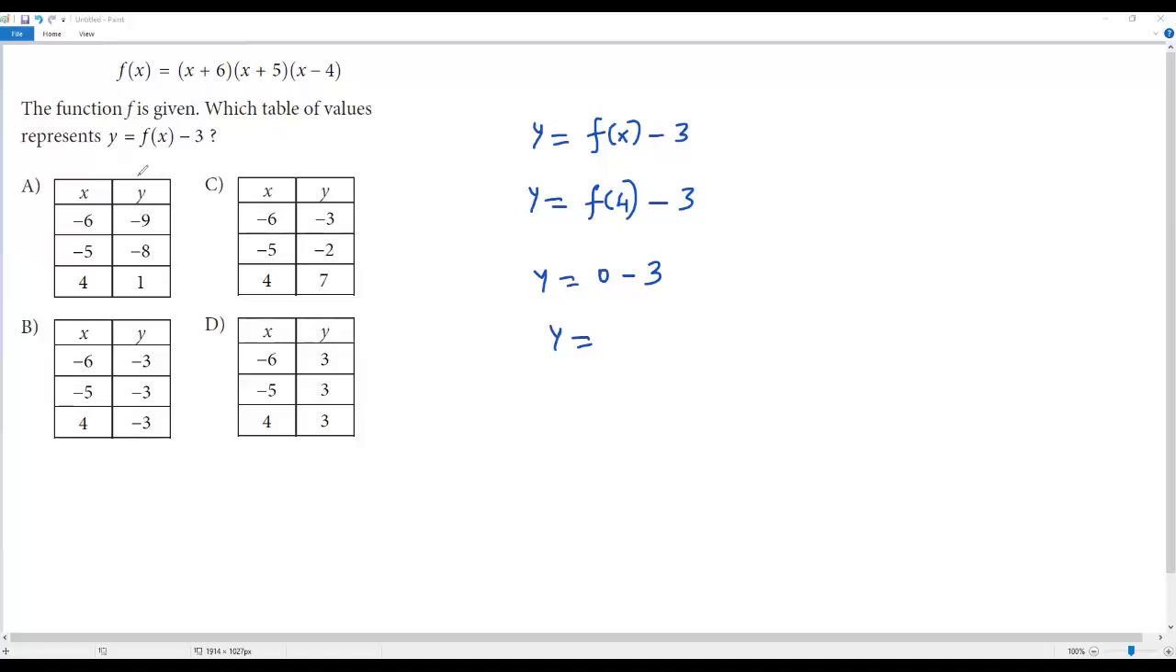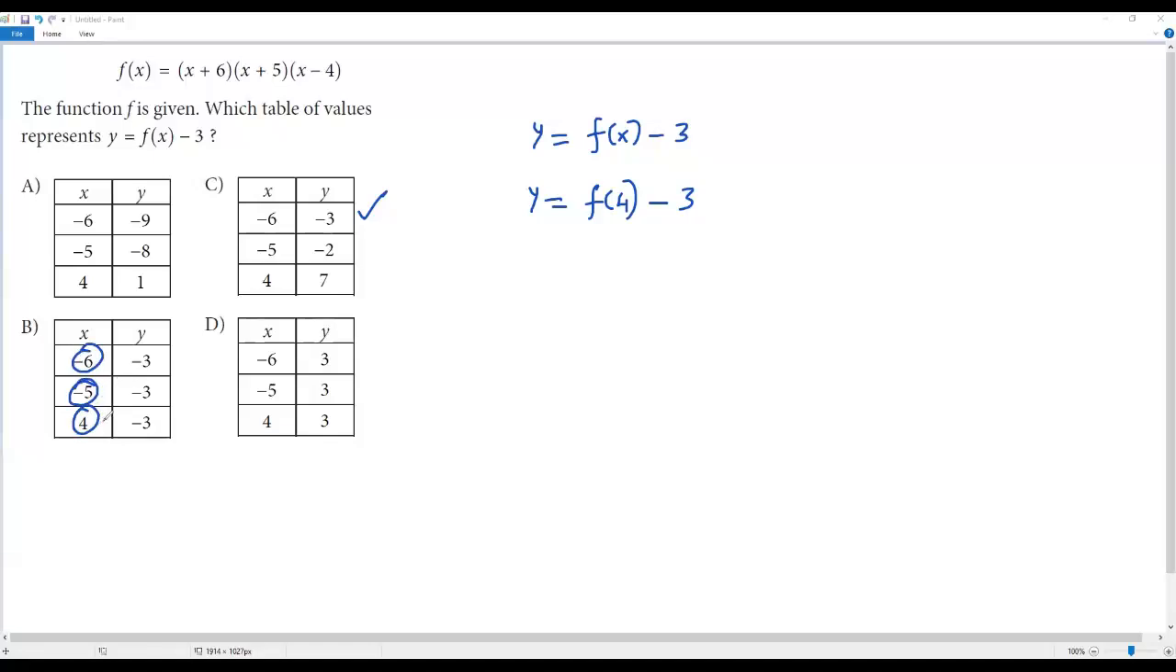Anyways, so if I verify option C, what will happen? Look at here. When I plug in x equal to negative 6, I'm getting y equal to negative 3. So this pair is already verified over here. So this is okay, but we already checked it in option B. When I plug in x equal to negative 5, I got y equal to negative 3. That means when I plug in x equal to negative 6, negative 5, 4,